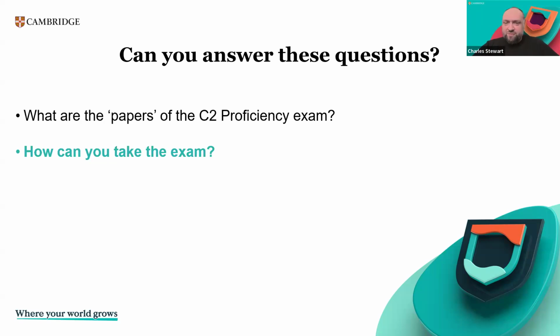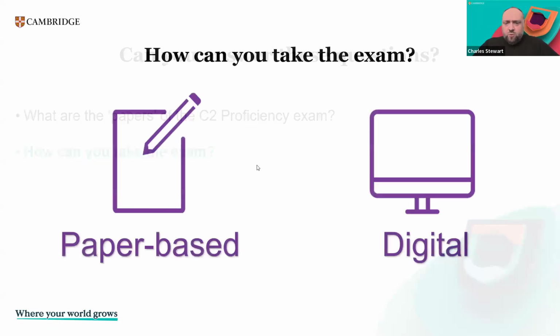Digital, versatile, virtual, online? Yes. So with this, we need to be very careful in how we view the other version of the test. There is the standard paper-based version. This is where you go to the exam center, you sit down with a piece of paper, and you take the test. But we also have a digital version of the C2 proficiency exam.